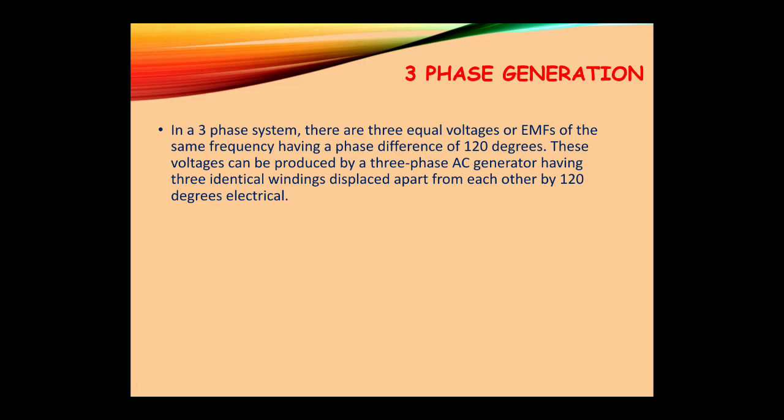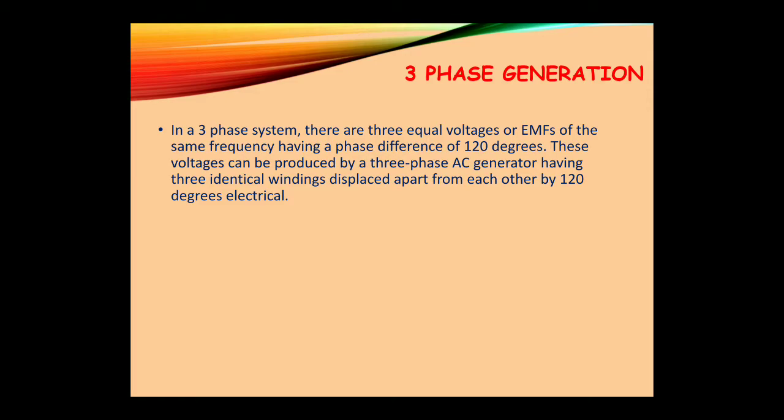So today is a very important topic we have to discuss here, which is three-phase generation, or how a three-phase voltage is generated. In a three-phase system, there are three equal voltages or EMFs of the same frequency having a phase difference of 120 degrees. This voltage can be produced by a three-phase AC generator having three identical windings displaced apart from each other by 120 degrees electrical. So if we rotate